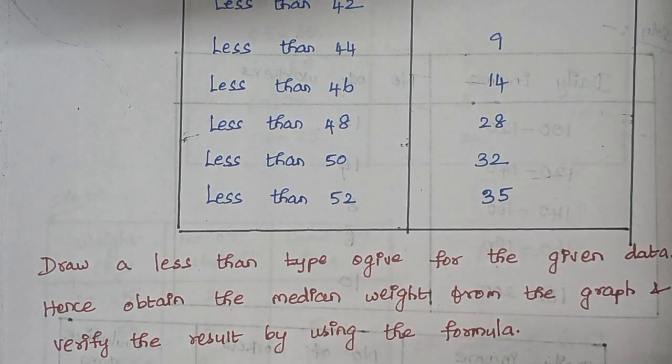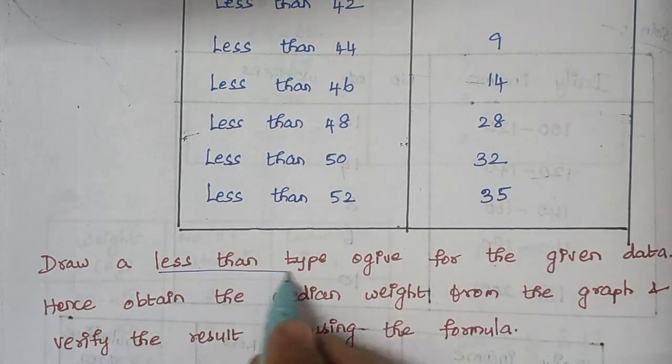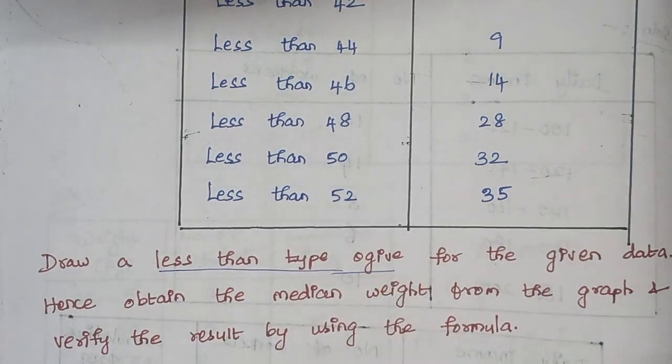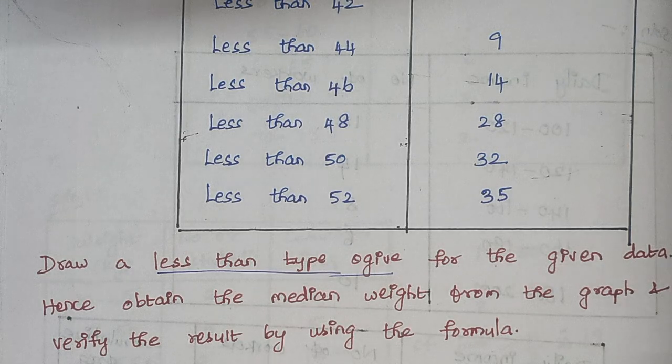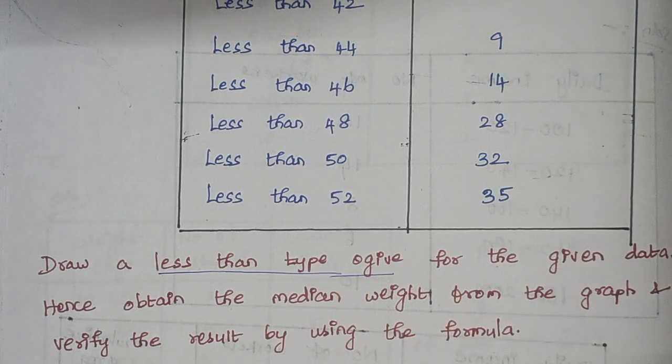So here we have to draw a graph of less than type. Again, we are going to draw a less than type ogive, and we have to calculate the median weight by using the formula also, and we are going to cross check whether the median value is the same from the ogive as well as from the formula. So as a first step,